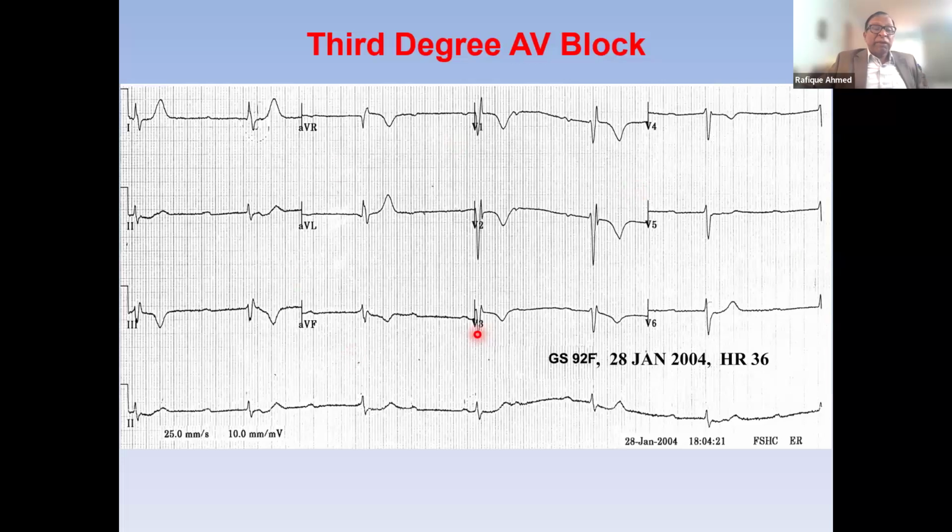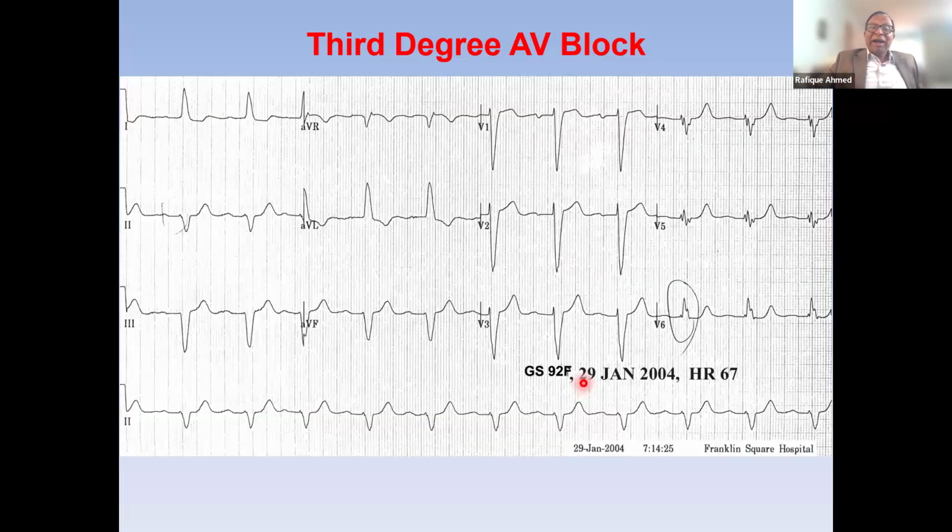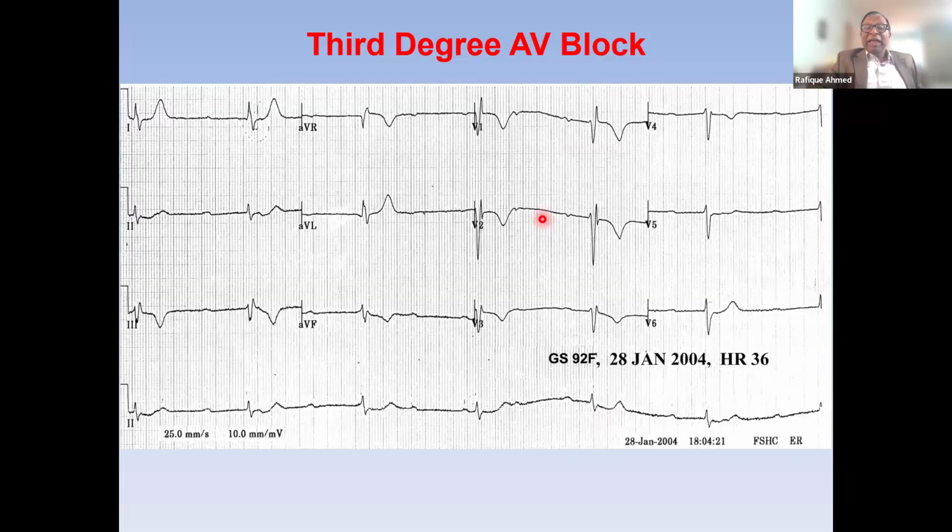You can see that this is again complete heart block, because there is clearly AV dissociation in these leads, and it is a right bundle. Not really left, a typical right bundle pattern. This should not worry me much. This patient, of course, is 90, but her baseline ECG was left bundle. So the escape rhythm is right bundle.